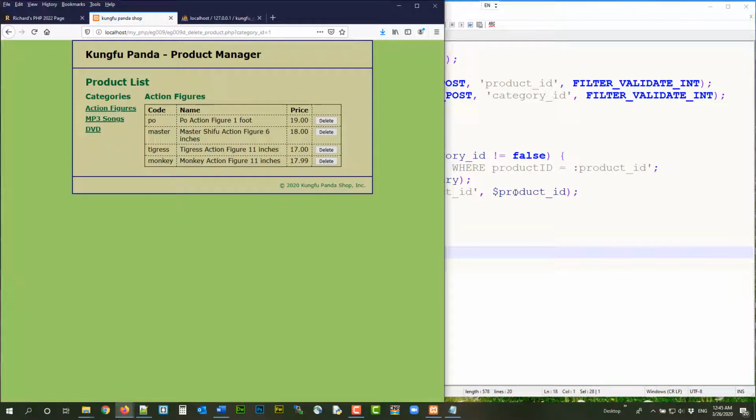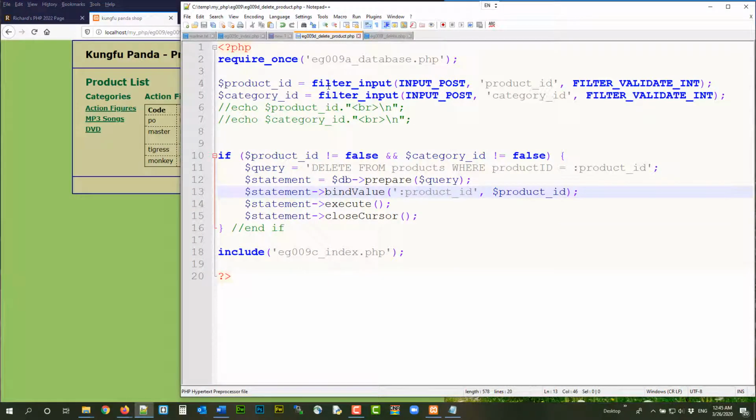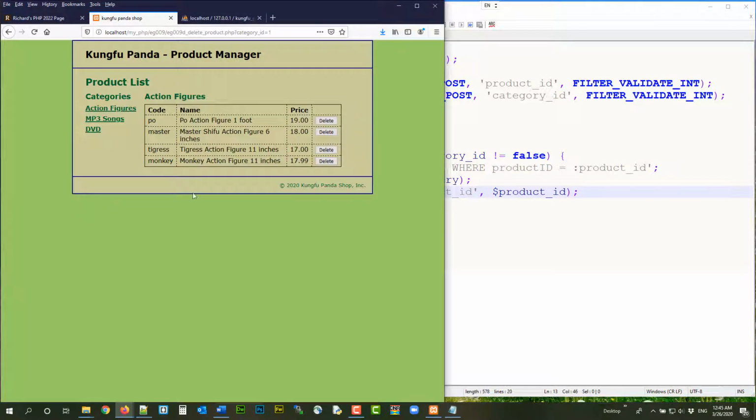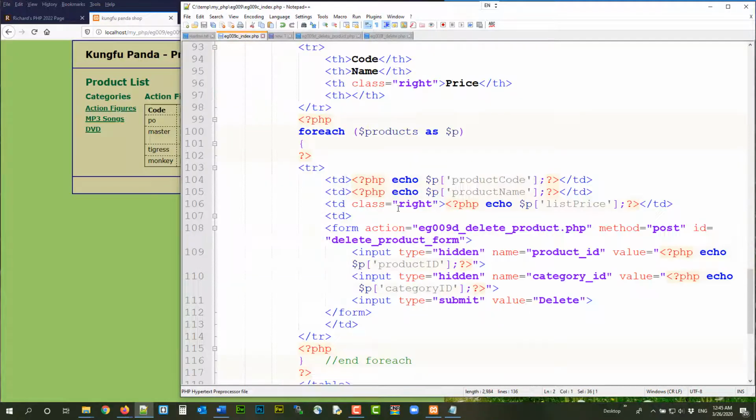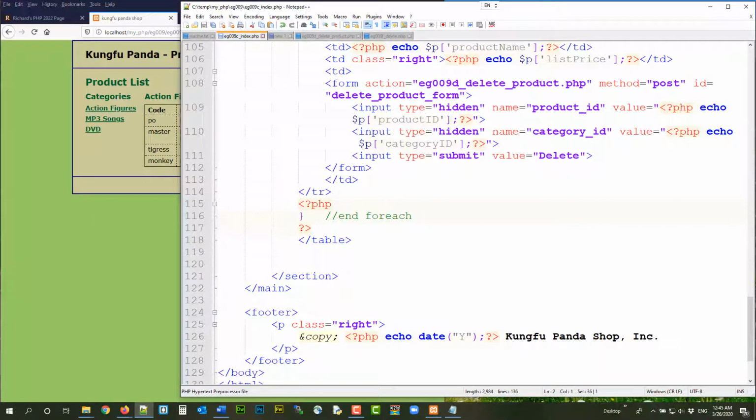All right, so we finished the delete, right? Pretty straightforward. Now user will be like, hey, you delete something. What if now I want to add something back? I want to add back, but you did not create an add form for me, okay? So what we are going to do is we are going to create an add product form here. Okay, so we go back to our index and say,